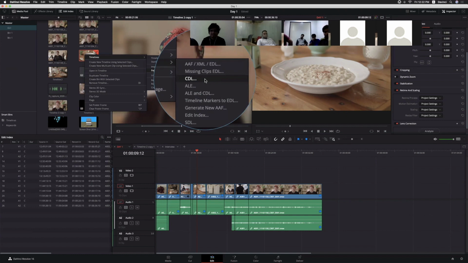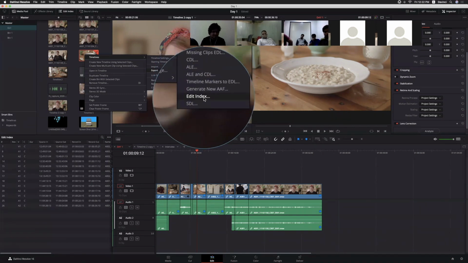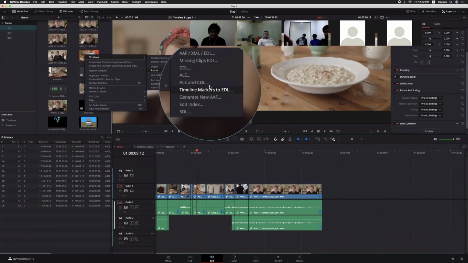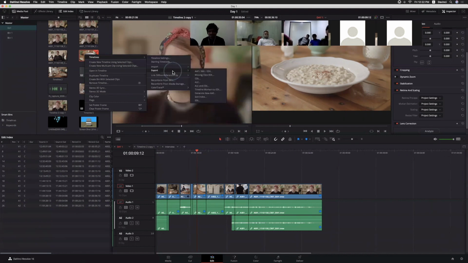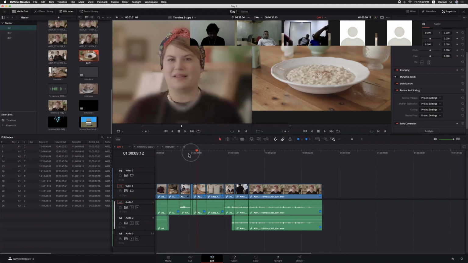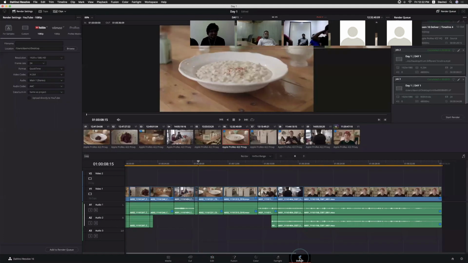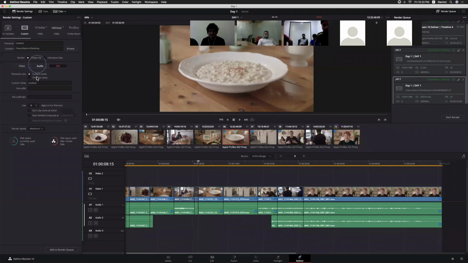So we can export the color decision list for our particular timeline. Here we can export our edit index window. What it will do is export the timecode of your timeline along with the clip timecodes, the timeline markers and each and everything. Right, so the standard exporting, standard deliver settings are these things, right?